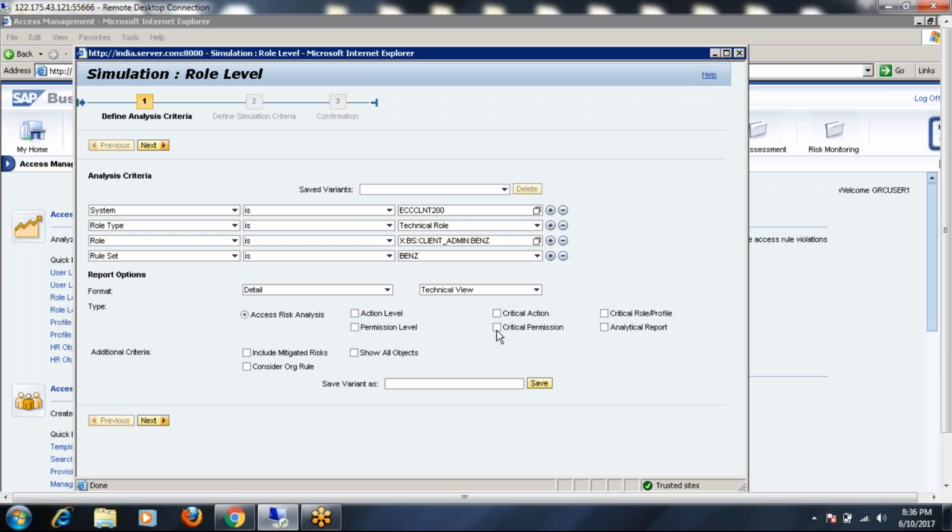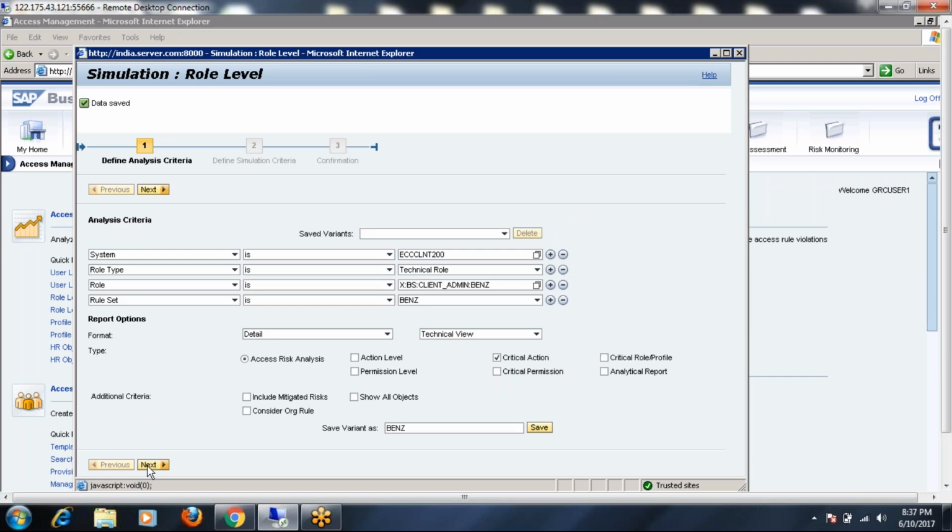Let us talk about critical actions. In this client admin role, there is only one critical action, that is SCC5. Okay,